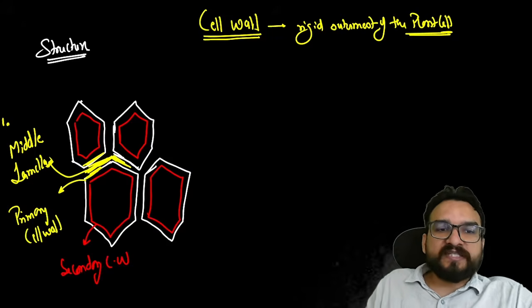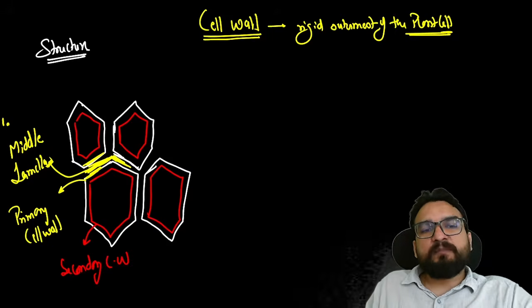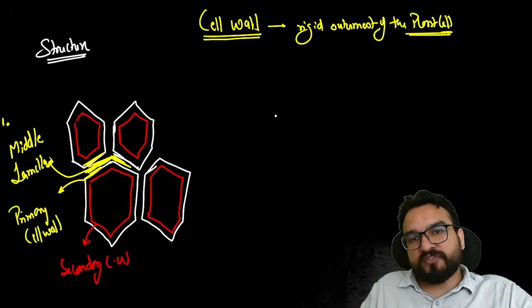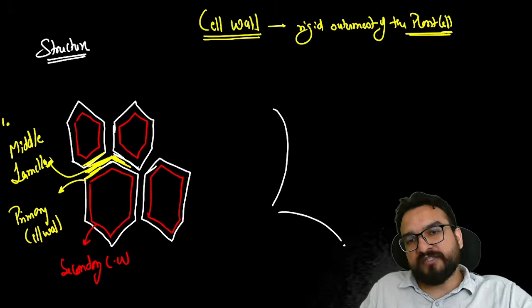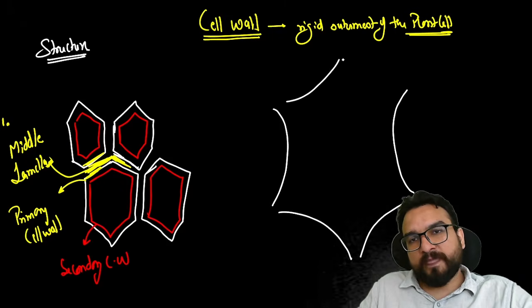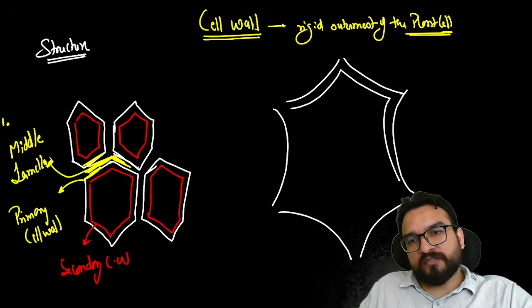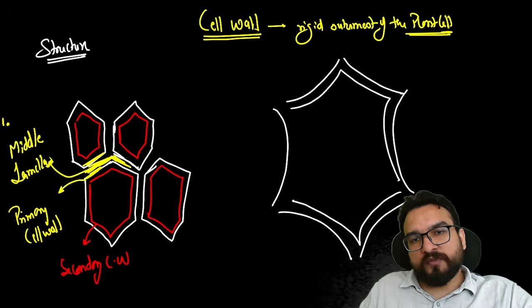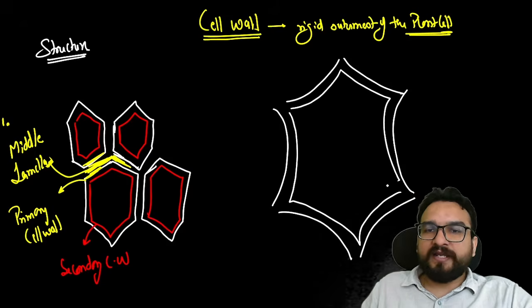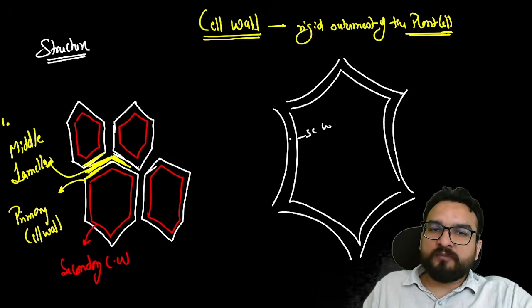So this type of structure you are finding is basically a cell wall, and the cell wall structure consists of three things: middle lamella, primary cell wall, secondary cell wall. So first of all you will be understanding this. In the examination you can draw a diagram like this also. No problem in this.